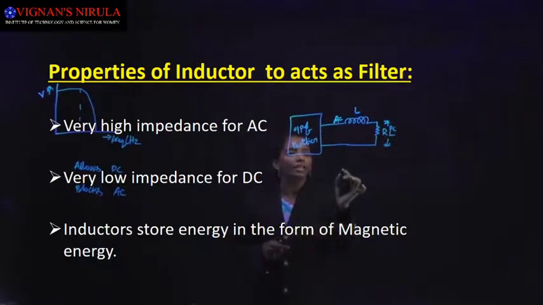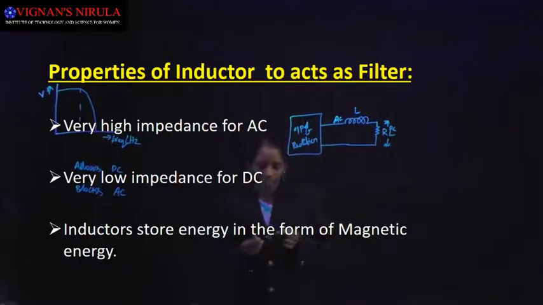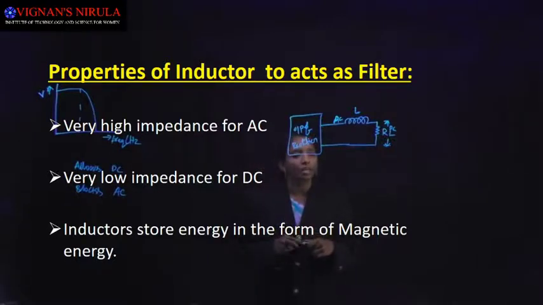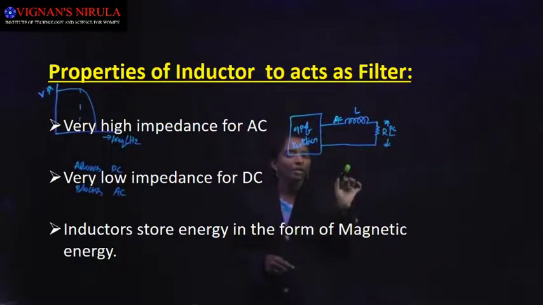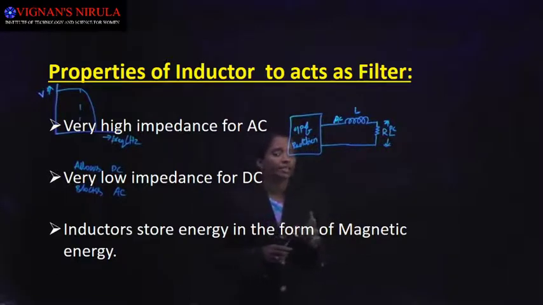If you connect the inductor in shunt with the load resistor, the inductor allows DC, so for the DC component it acts as a closed switch. The DC component will then reach the ground. There is no use in the DC component reaching the ground. Our intention is to get the DC component at the output. So we should block AC and allow DC. That's why we connect the inductor filter in series with the load resistor.